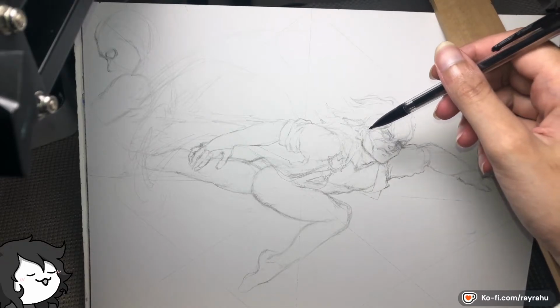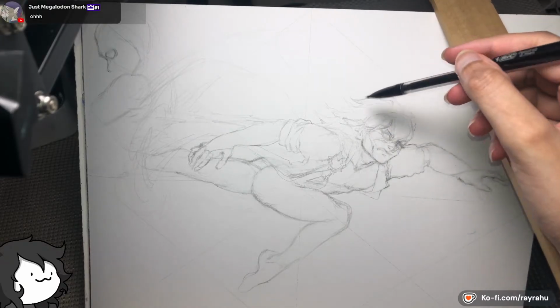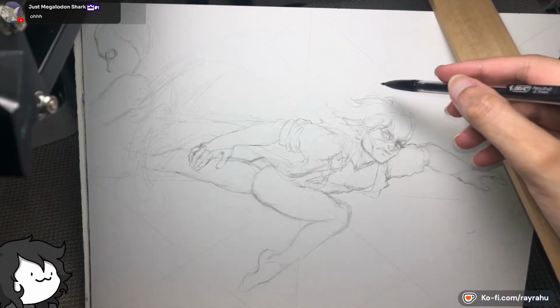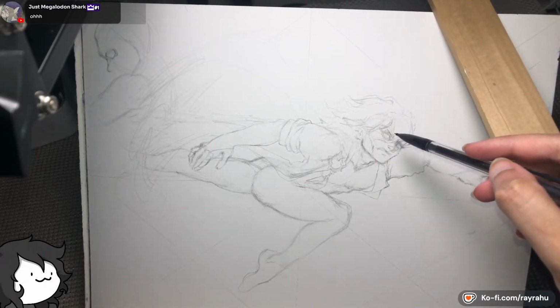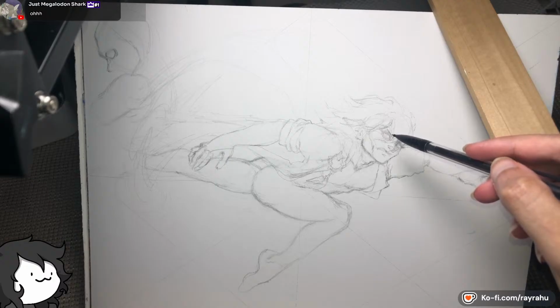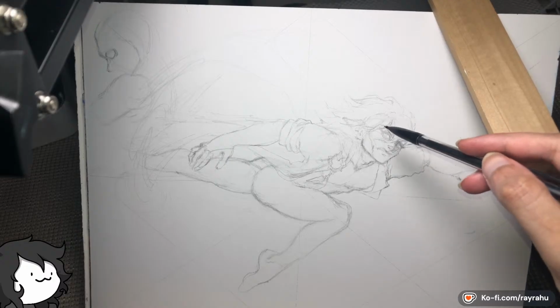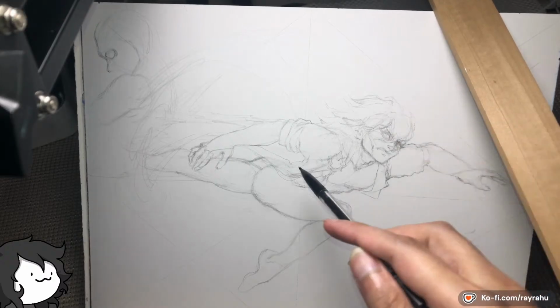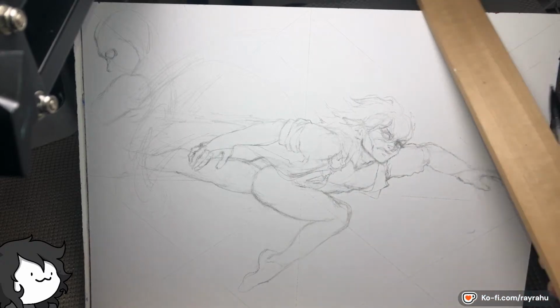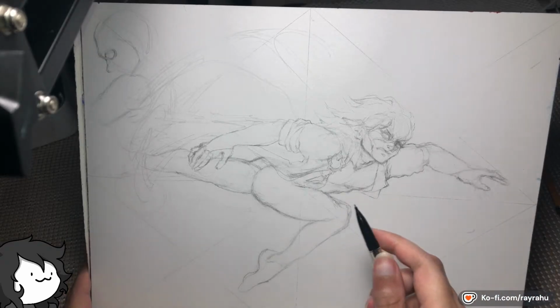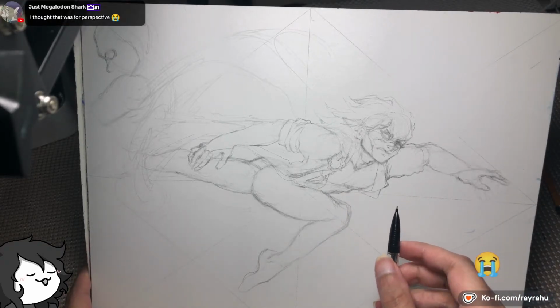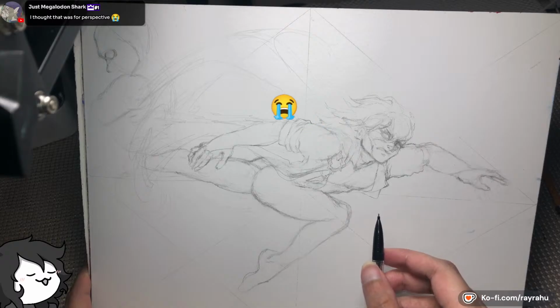Like I can do it at certain angles here, but not in every angle. Or I can just risk drawing things loosely.